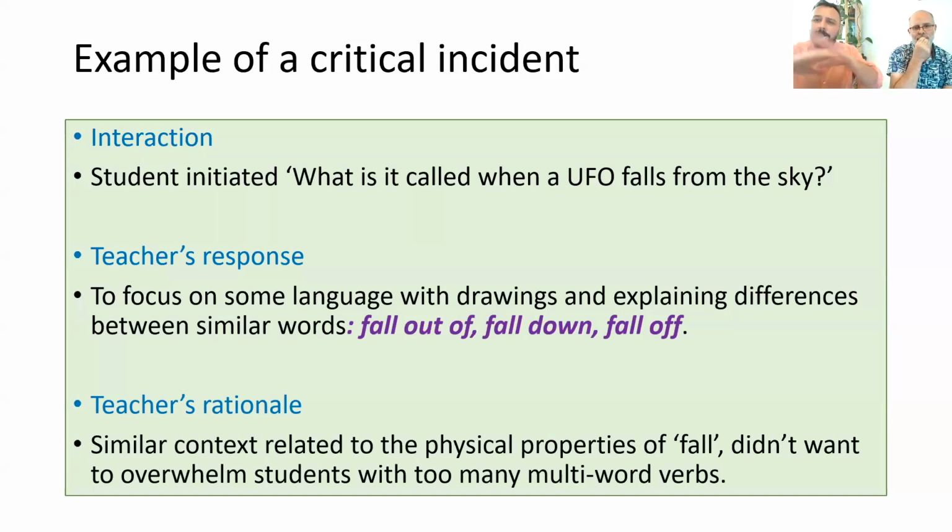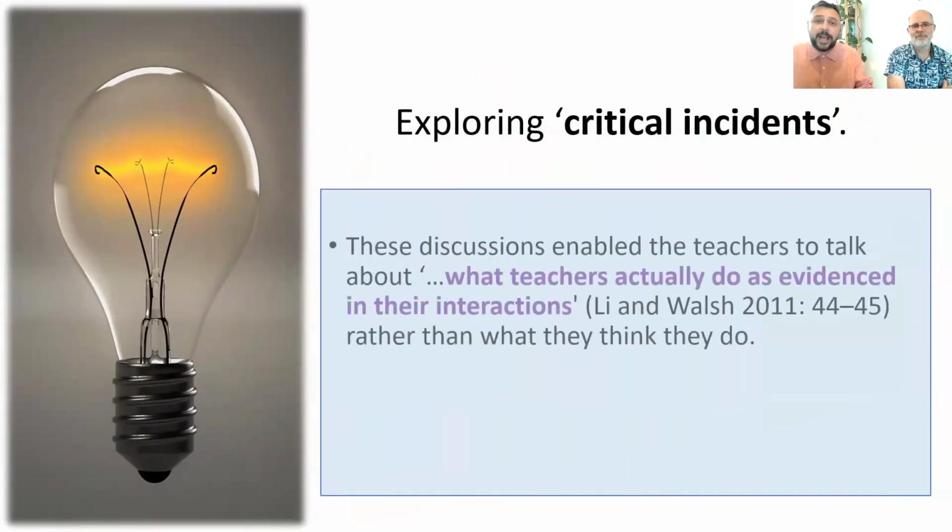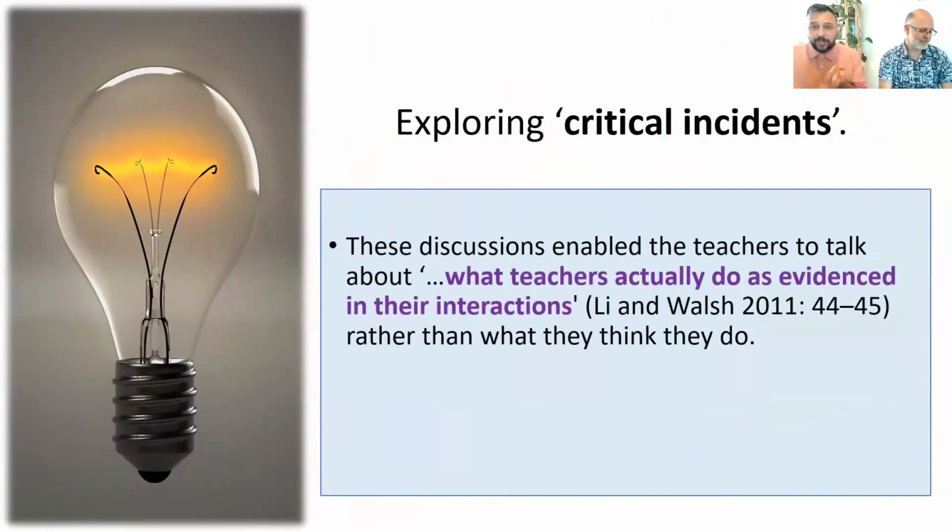We don't have time today to look at lots of examples, but you can see this is the process that you're getting the teachers to look for evidence of what happened in class. What were the facts of what happened in class? Now, this is interesting because when we explore a critical incident, it's about looking at evidence. We can see what teachers really do as opposed to what teachers say they do. There are lots of reasons why we might want to say what we think we should say in front of a group, but actually what we really do might be different. But if you explore using a critical incident, then we're making that much more evidence-based.